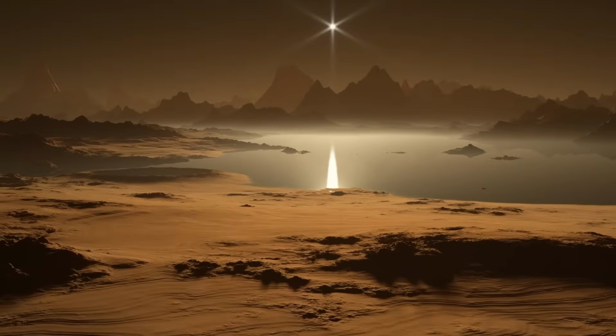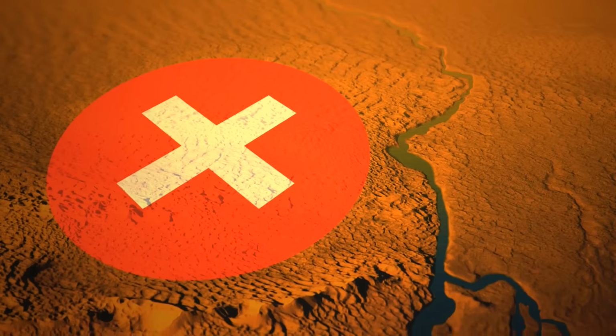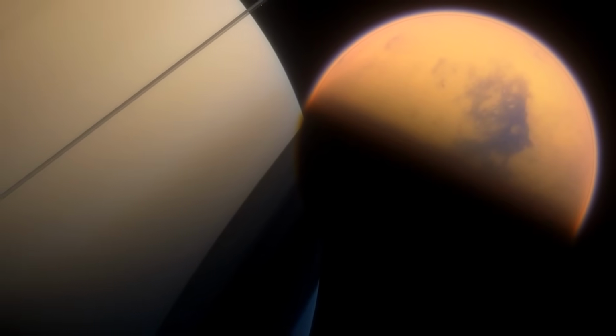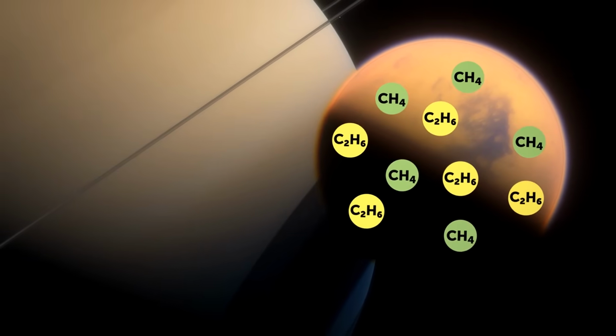Titan also has lakes, rivers, and even seas. But hold your horses, we're not talking about water here. This moon is too cold for liquid water to exist in its frigid atmosphere. Instead, its lakes and seas are filled with liquid hydrocarbons, like ethane and methane, which act as the main liquid